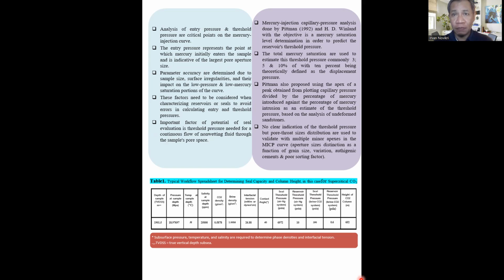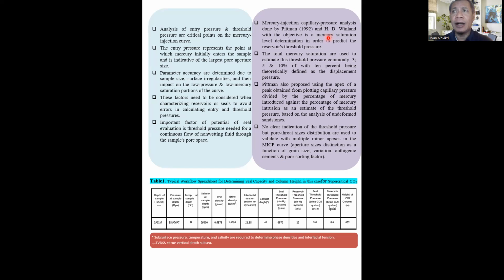This point is known as the threshold pressure, and it can be identified as an upward convex inflection point on the mercury injection curve, which has been successfully utilized by Dewhurst et al. 2002, where they used it to determine the threshold pressure in seal rock. Experimental evidence supports this threshold pressure by monitoring electrical resistance across the sample and noting the pressure at which continuity occurs. So in the context of analyzing capillary pressure in reservoir rocks, Pittman in